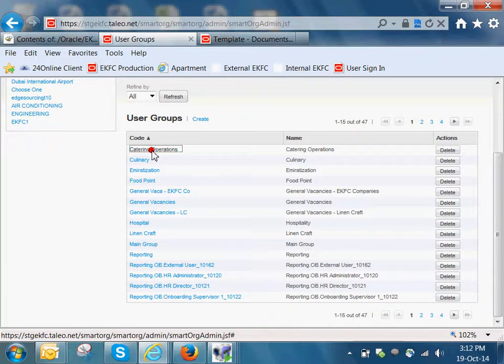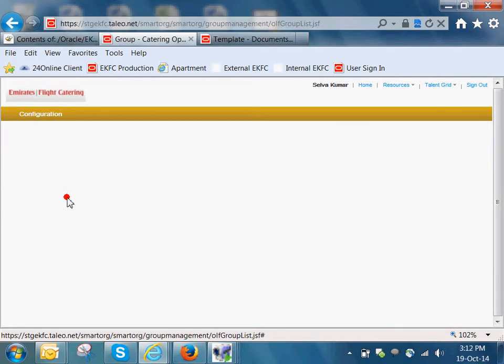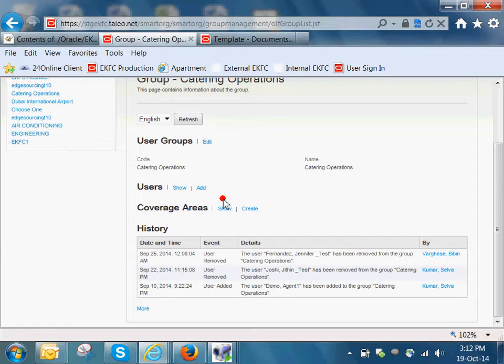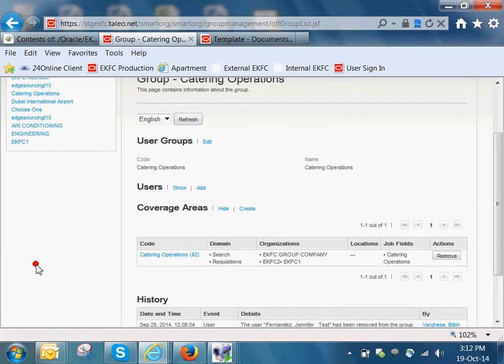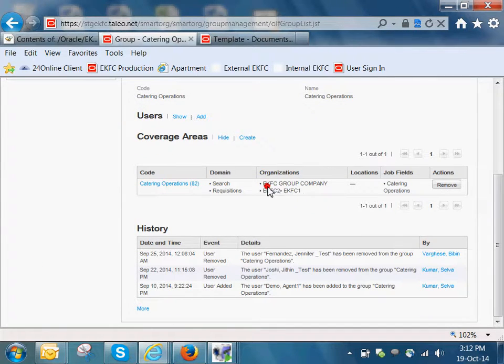If I select the culinary operation group, a recruiter can manage only the requisitions under organization EKFC group company and EKFC 1 and 2. They cannot create requisitions for Leninkraft or Foodpoint, and they cannot create requisitions apart from culinary.